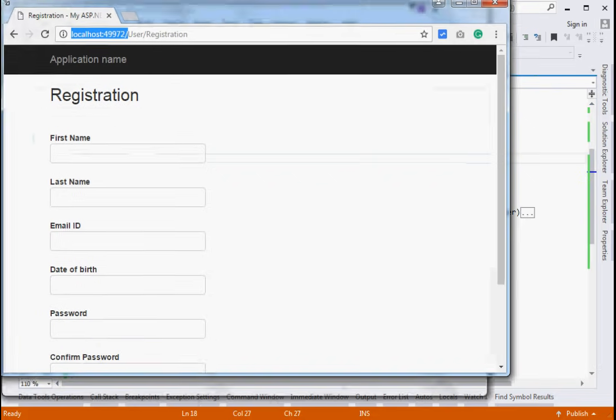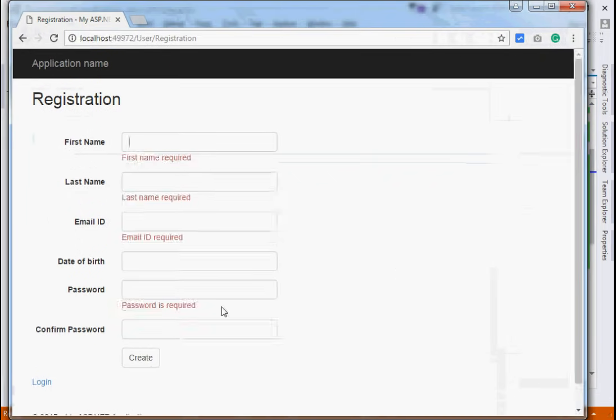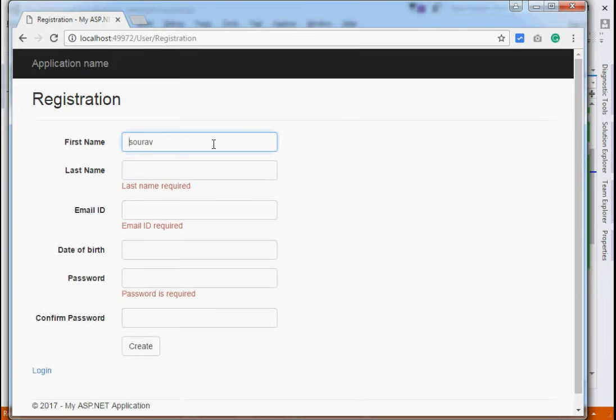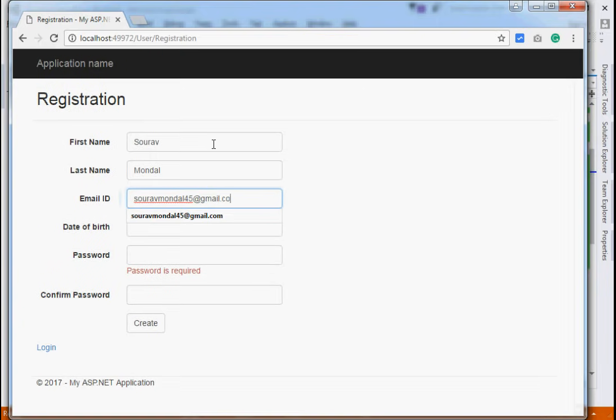So when I click here, it's showing all the message: first name required, last name required, email ID required, password is required. That means validation is working perfectly fine. So let me fill this form. Email ID, gmail.com. Oops,